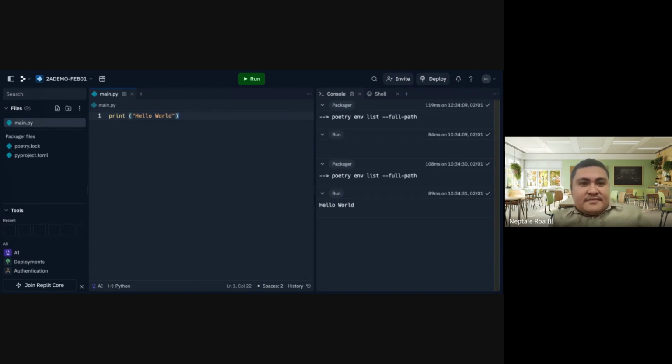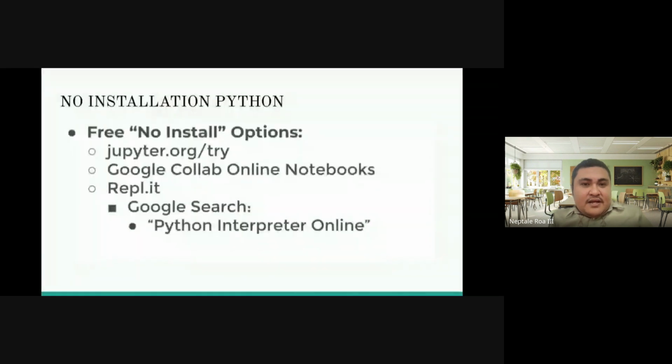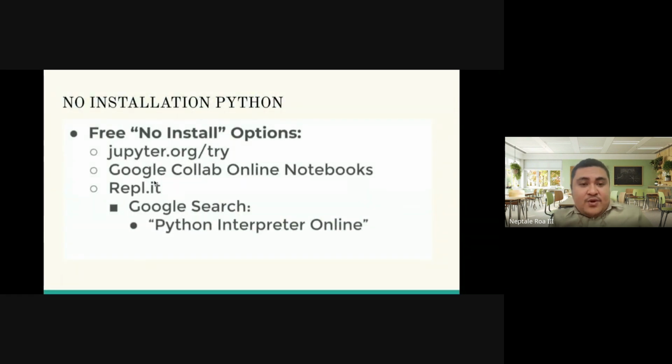So you have again, wait muna din. You have Jupyter, you have Google Colab, you have Replit. Now, for example, if you don't like the 3 options I gave you, you can just go to Google and then search Python interpreter online. I will no longer be as strict as possible. Like for example, sir, among the 3 I don't like the 3 that you've suggested, can I use other interpreters? Go. For as long as we are on the same track on learning the crash course or the base concepts in Python, that's fine with me. So I don't have any problem with that one.